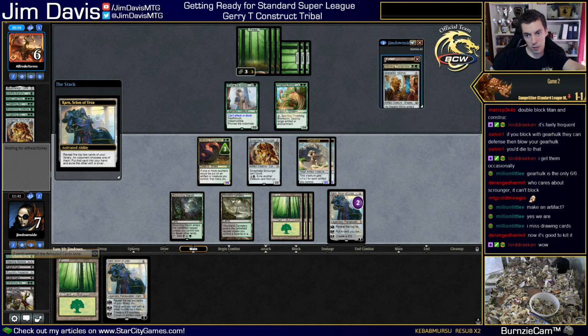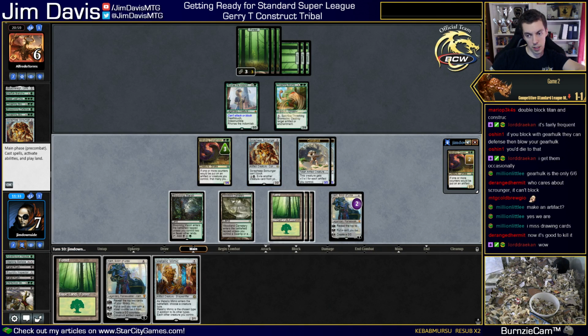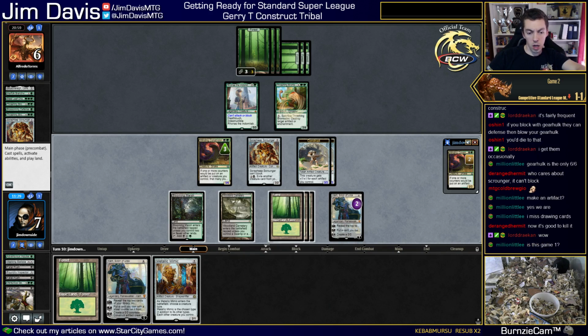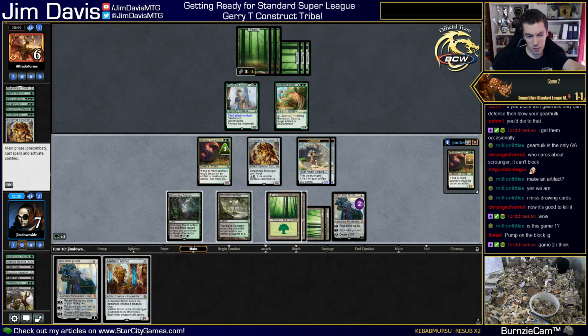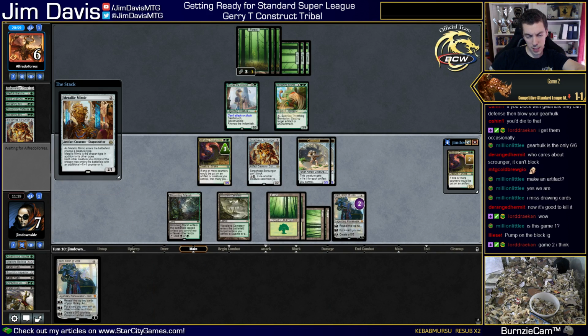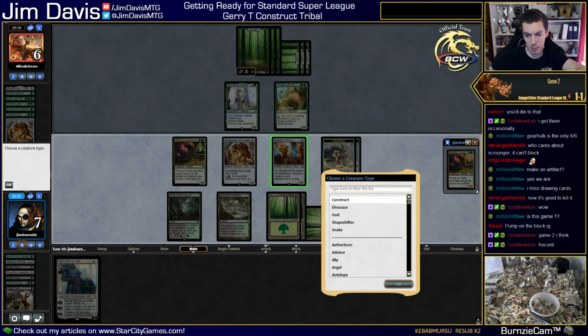Constrictor, Mimic, Forest. I don't recall which of these is what. Okay, Constrictor is silver countered. Mimic is kind of cool. Makes these 5/5s. Yeah, this is good. Okay. Yes, they can pump and block, but they're just going to take 1,000,000 damage and die here, I think. So this is fine. They can't pump and Brontodon, so...